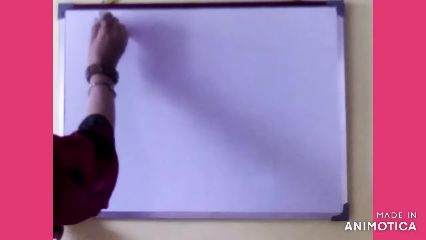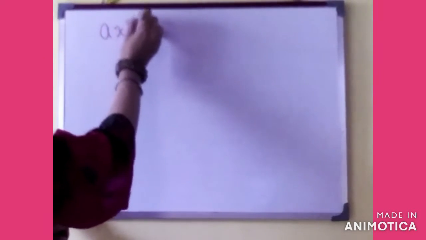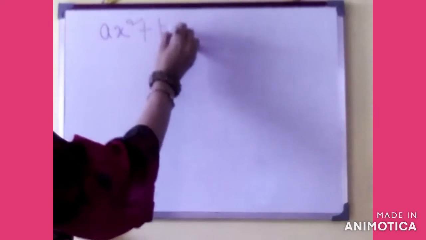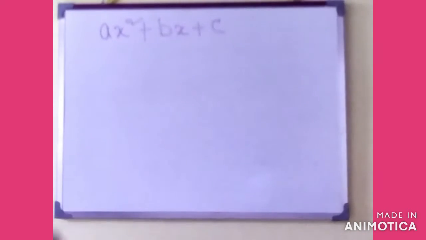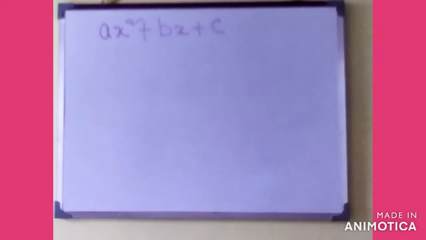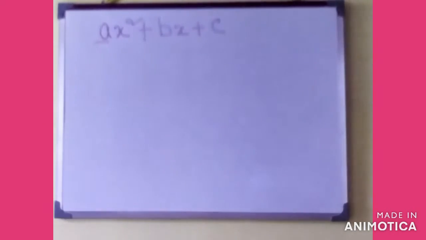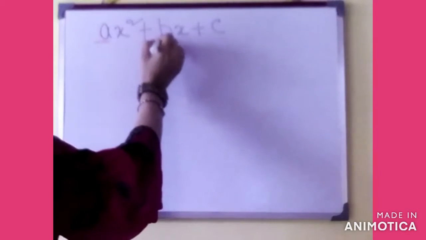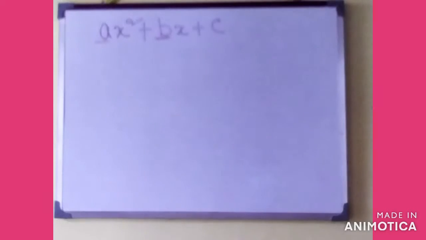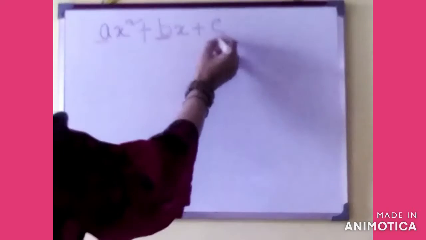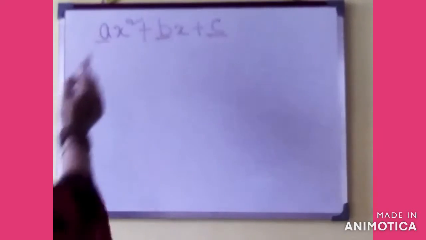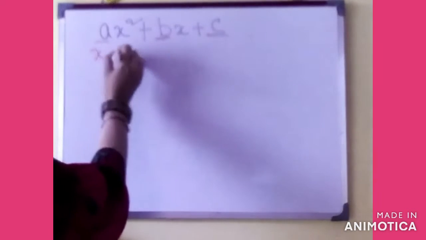Now I am first taking a general polynomial. Suppose ax square plus bx plus c. Now look here. The highest power term coefficient is a, and the middle term coefficient is b, and the term whose power is just next to the middle term power is c, the coefficient is c. So here x is a variable,